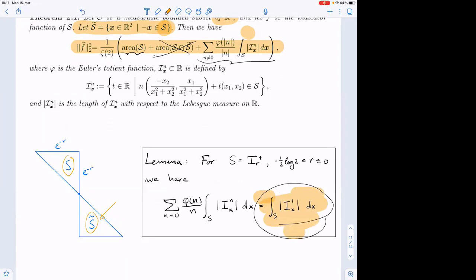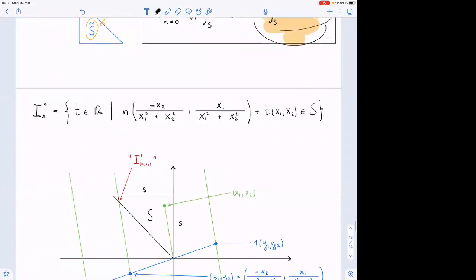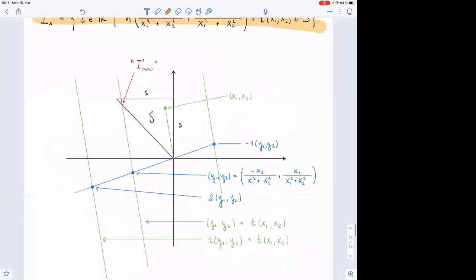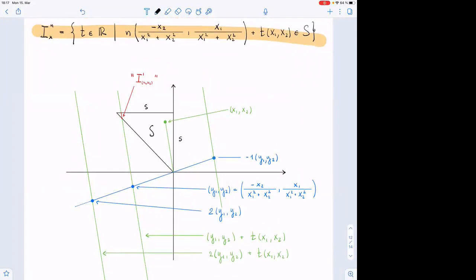So then the question is, how do you compute that integral? Well, you need to figure out what this set Ixn looks like. The definition is here, but it's a little bit easier, I think, to understand in a picture. So I've written again the definition here. In the picture, in our case, you take a point x1, x2 in your triangle. That's this point. Then you have to find this point, which in this case is this point. And then you need to multiply it by all values of n,